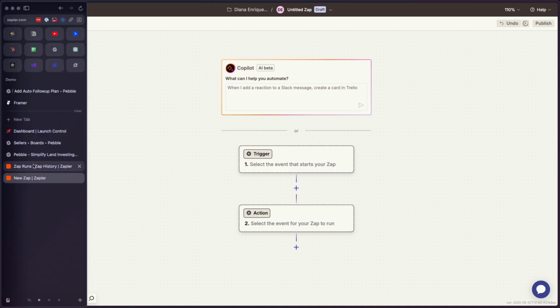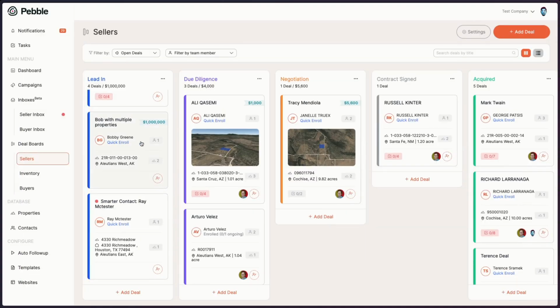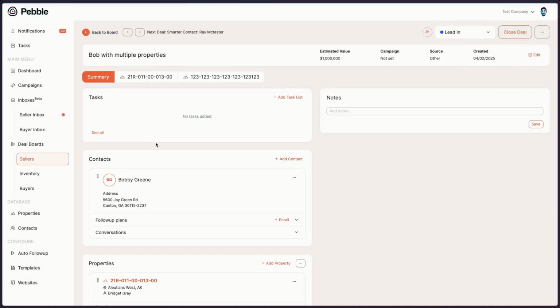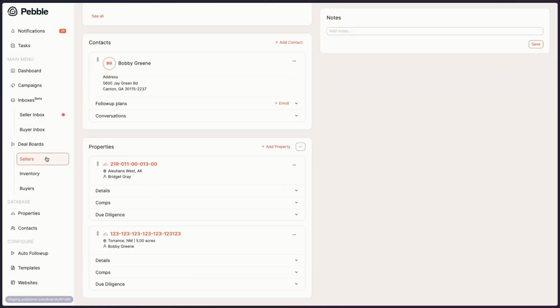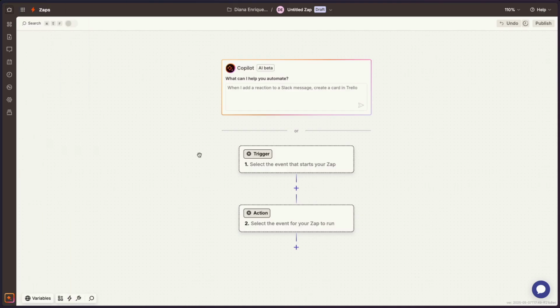Now, your deal board, just as a reminder, if you don't know, this is your deal board. Here is a deal. It contains the contact and the property, and this is how you manage it through the different stages, okay? All right, so again, coming back into Launch Control, we're going to go ahead and set up